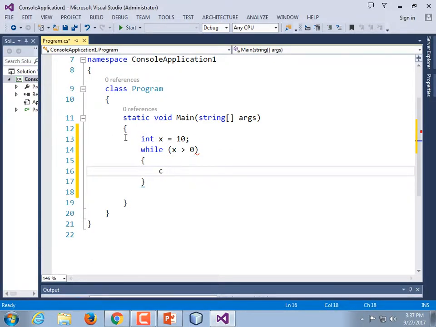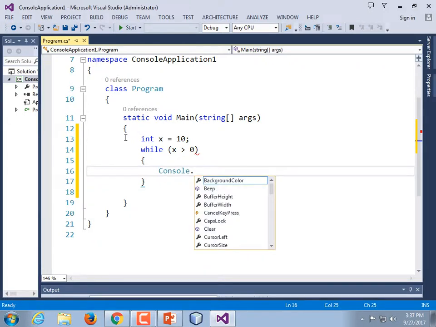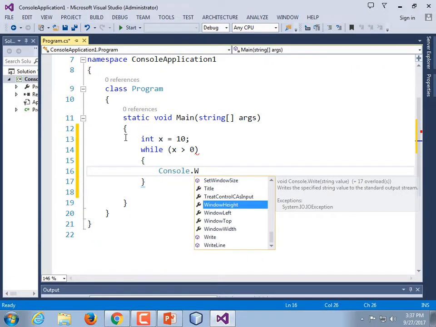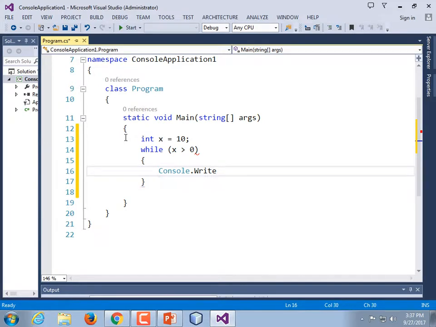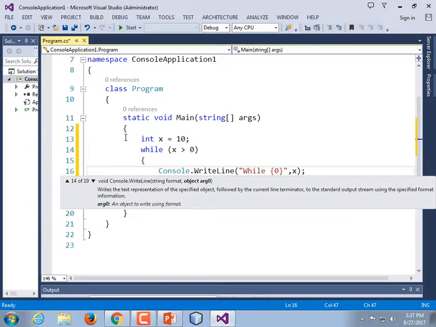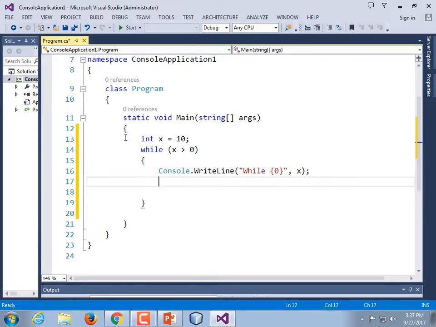We're going to, nope, you don't use cout in this. Console dot write line x, and I'm going to write the word while in front of it, just to indicate that we're using a while loop. Now let's use a placeholder. Let's be totally C# style. And then we have to decrement x. So this is going to count down 10, 9, 8, 7, 6, 5, 4, 3, 2, 1 with a while